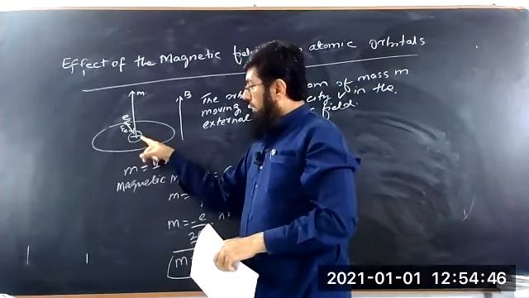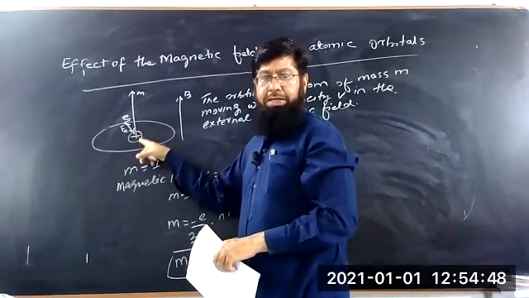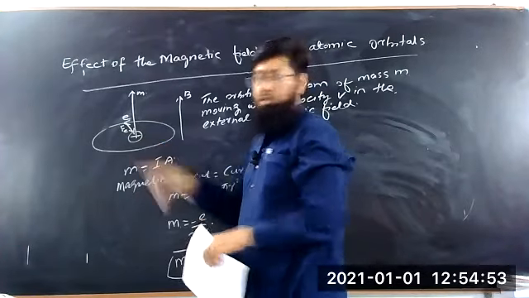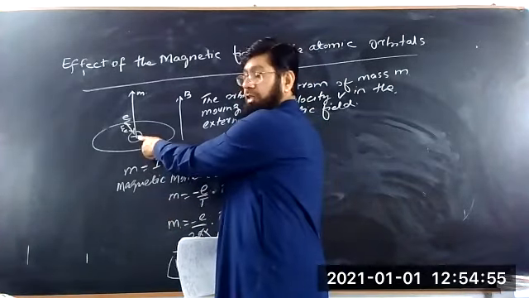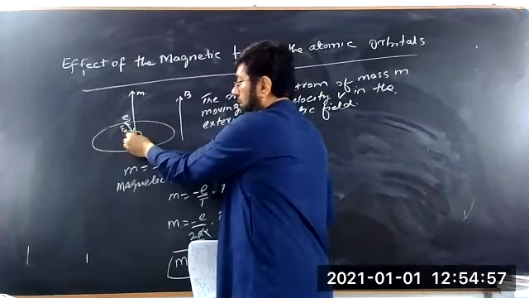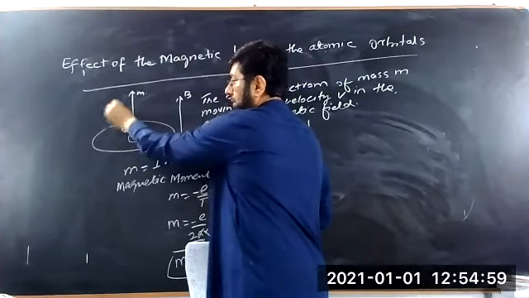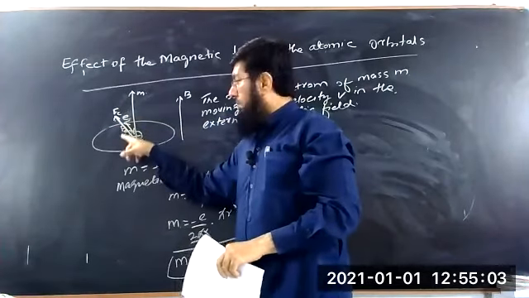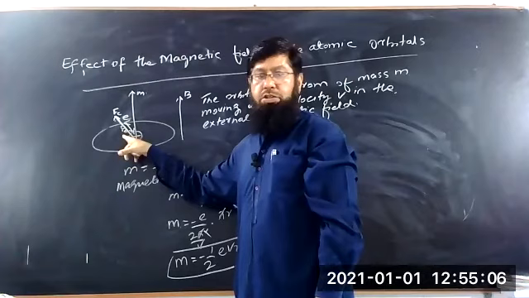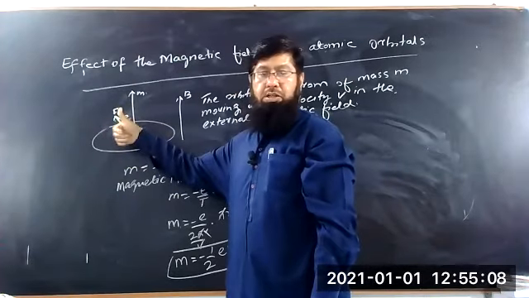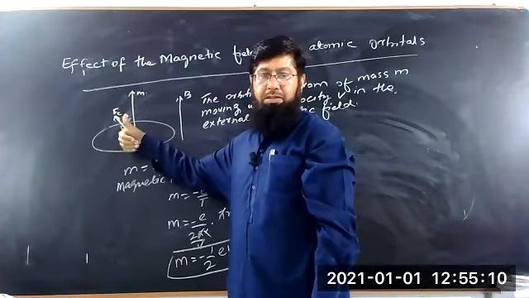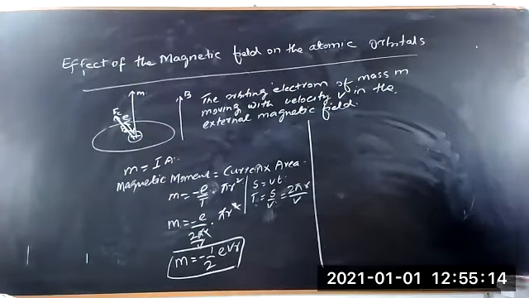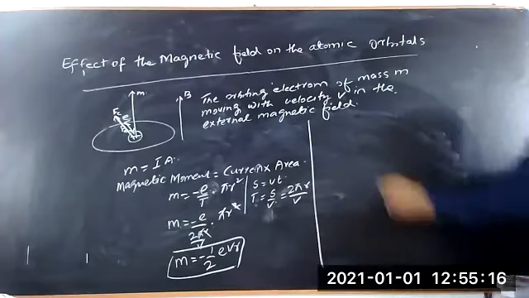So here the direction of the Coulomb force is always from positive charge to the negative charge. The positive charge is the nucleus and the negative charge is the electron. So the Coulomb force is this, which is in the opposite direction. This Coulomb force will be balanced by the centripetal force. As a resultant, the electron is orbiting around the nucleus. So the electron is orbiting around the nucleus when the Coulomb force is balanced by the centripetal force.